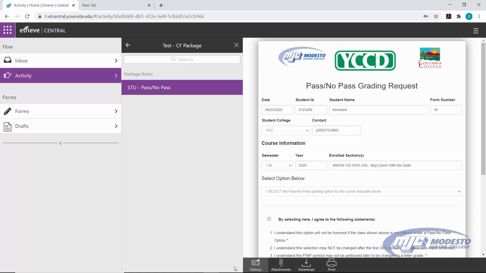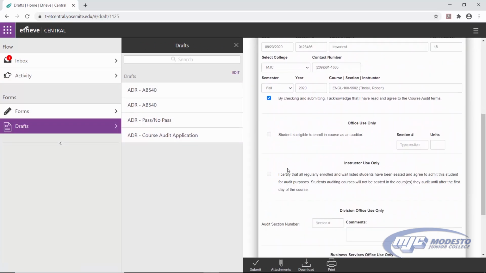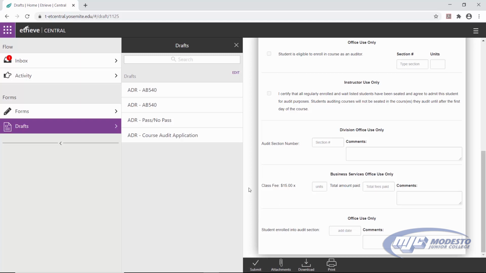And finally, let's visit the Drafts section. In this area, you can view forms you've accessed or viewed or started to fill out but haven't submitted yet. You can work on these drafts, submit them, or delete them. Just click Edit here to select and delete drafts. And all eForms are auto-saved in this Drafts folder, which is why you won't find a Save button.